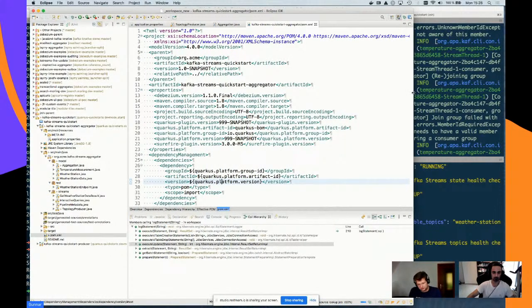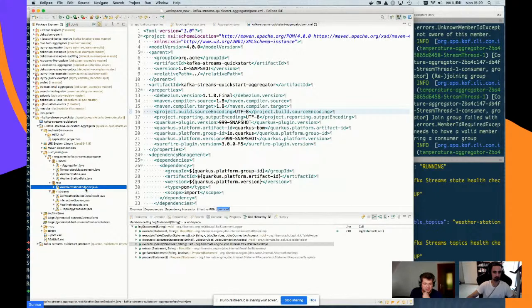So I'd like to do what's called a pull-based query. Let's say for a given weather station, I would like to see what is the current status of this data. And I can also do this using Kafka Streams. All this data essentially is stored in a state store, and if I expose this, let's say via REST API, I can quite easily implement this kind of interactive query functionality. So let me just show you this one there.